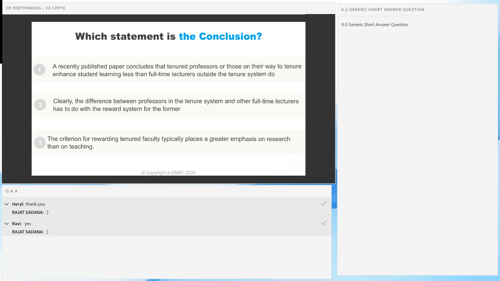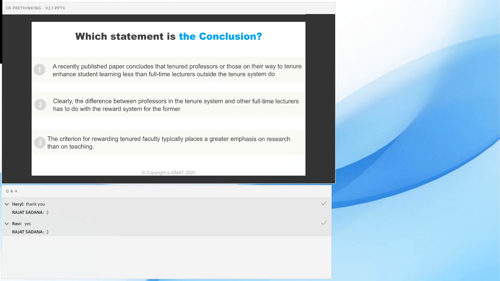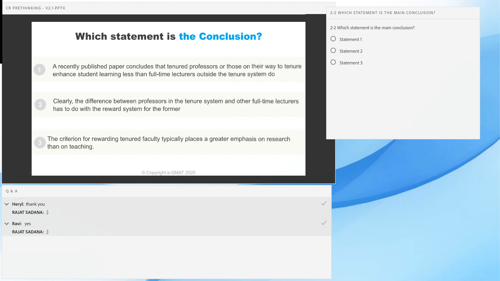So let's do this. The first thing that I wanted to answer is which statement amongst these is the main conclusion. Let me put in a poll question. Here is my poll question. Tell me which statement, according to you, is the main conclusion. Is it statement 1? Is it statement 2? Is it statement 3? Which statement is the main conclusion? I have about 80 people in the webinar. I only have,